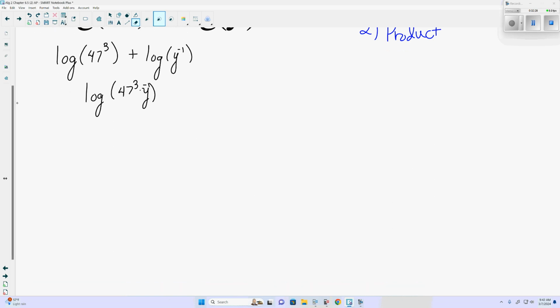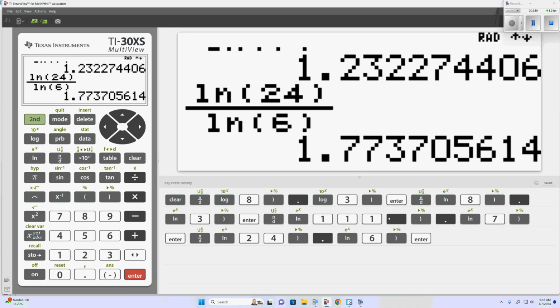And now it was kind of nice yesterday because at this point, we could just plug the whole thing into the calculator and it did it for us. But here, the variable y, we need that exponent positive. And to make it positive, we move it from the top of the fraction to the bottom. Now the top is going to be 47 to the third. And if you know what that is off the top of your head,